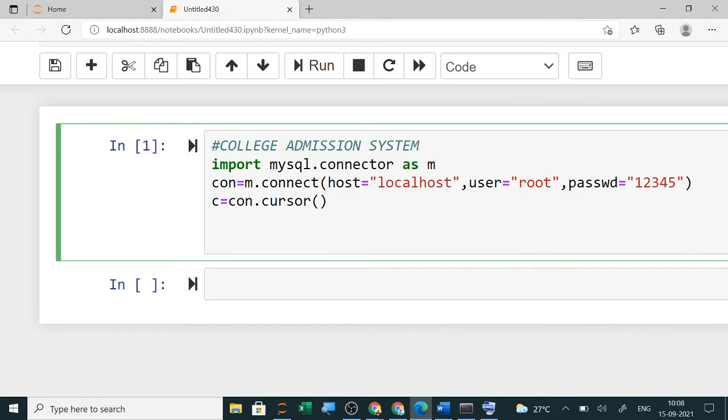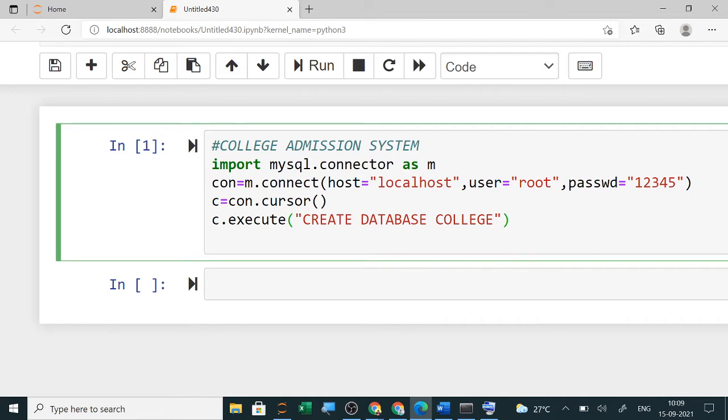So here what you will write, execute, you have to execute the command. So here C you have used, so C dot execute. And your command you have to write here. So first command is create database. Now your college name, suppose I am giving here college. Clear? So one database I have created here with the name college.